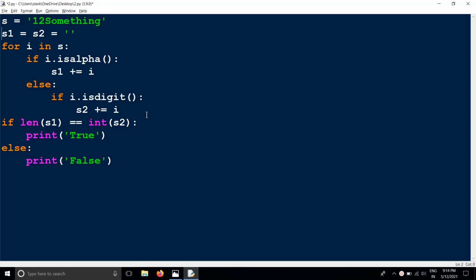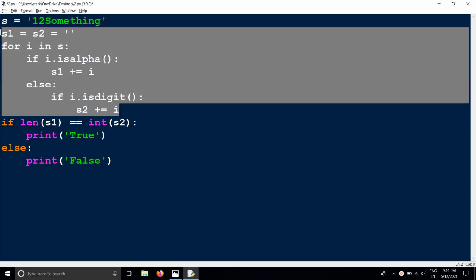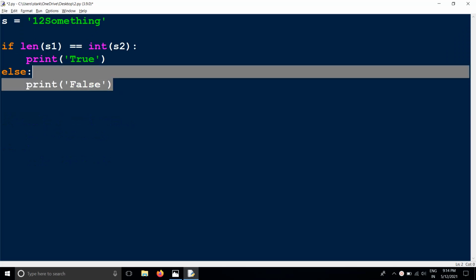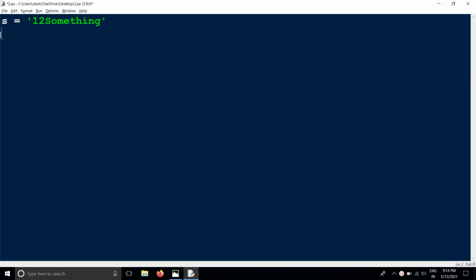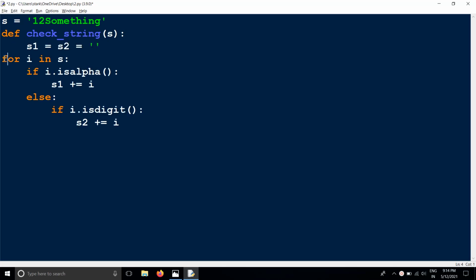Then how can we do this using functions? So up to here it's common. Now I'm going to take a function: def check_string. I'm taking the function name. Now here I'm going to take s as a string. I'm taking all these things and following indentation.